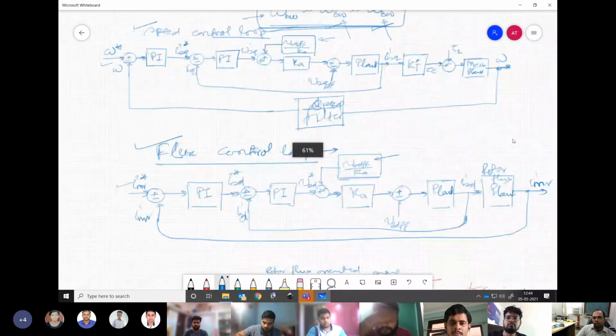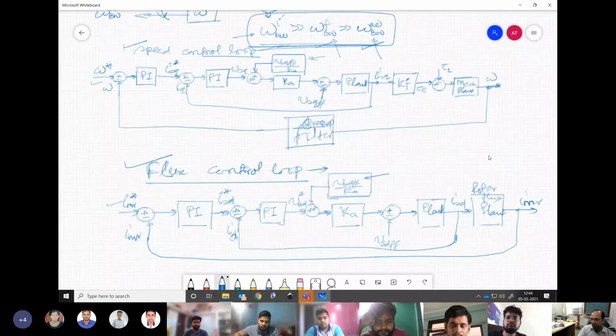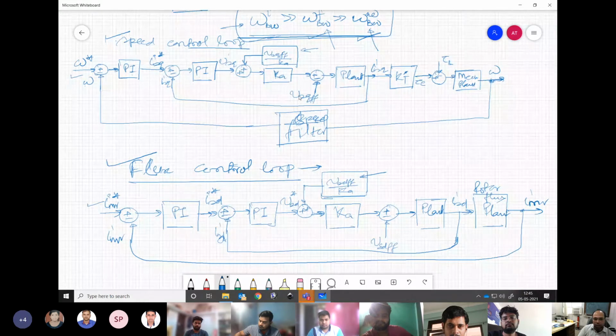So first thing what we have done, we have decoupled the torque and flux components, which is what you say in general. When you say vector control, what is that? We are doing the separation of torque and flux components, isn't it? That is what you say. So this is what we have done first by having ISD and ISQ components of current, controlling the two different quantities. One associated with torque, which is ISQ, another associated with the flux, which is ISD.